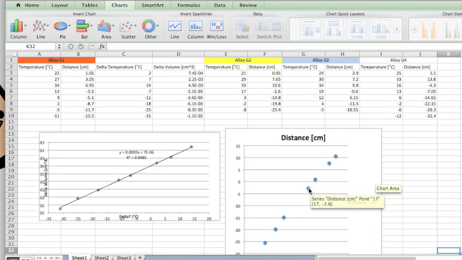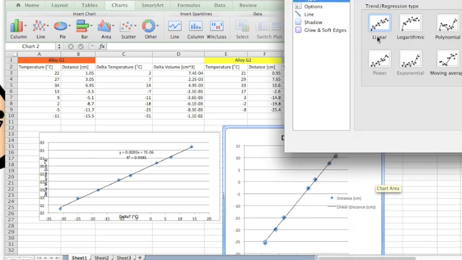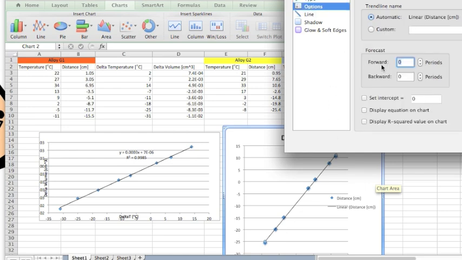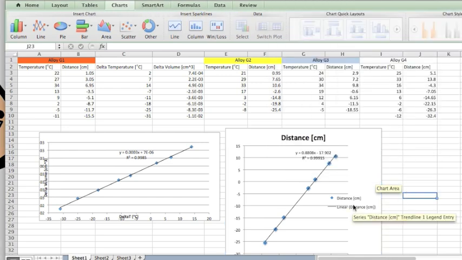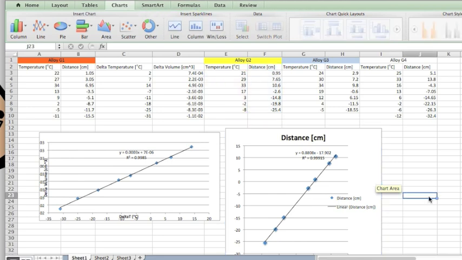If you wanted to plot a trend line, you Control-click on one of the points and click Add Trend Line. Since this looked pretty linear, I would just leave it as linear, but you can go to your options and display your equation and your R squared value also on the graph, which sometimes